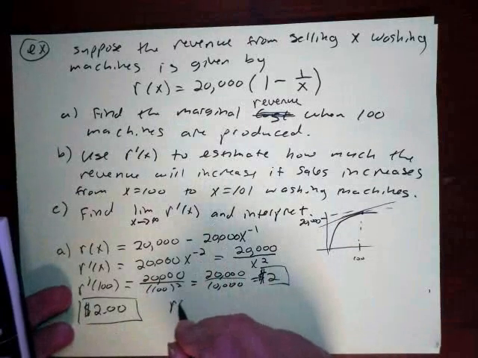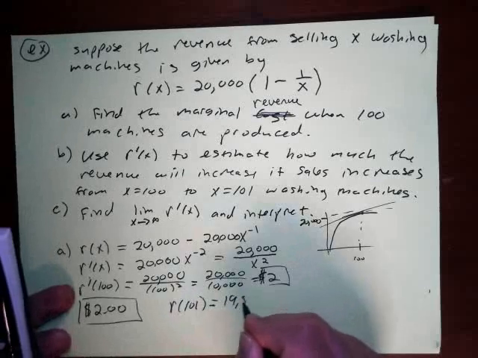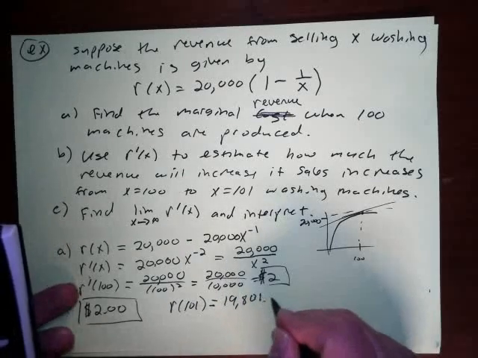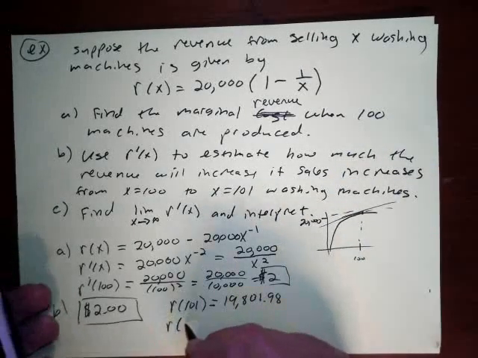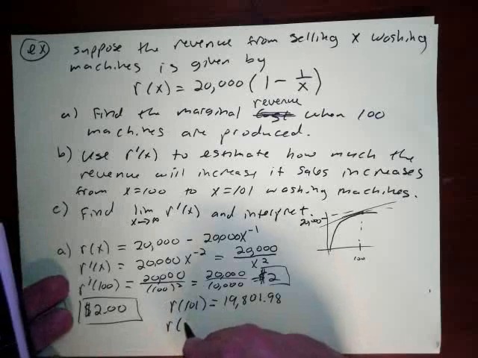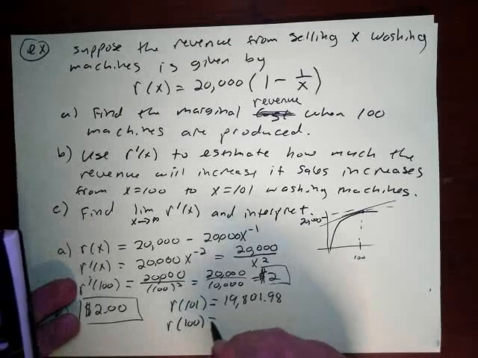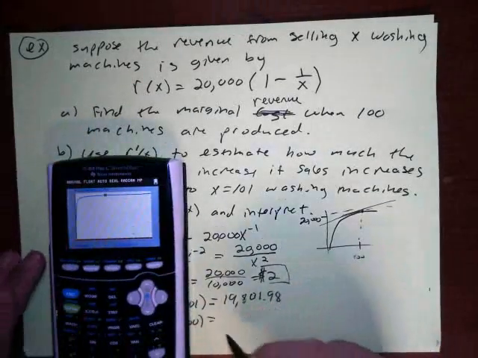So what I just did is I found R at 101 is 19,801.98, and then the R value at 100. So now I'm going to plug in 100 here. So when I plug in 100, I get